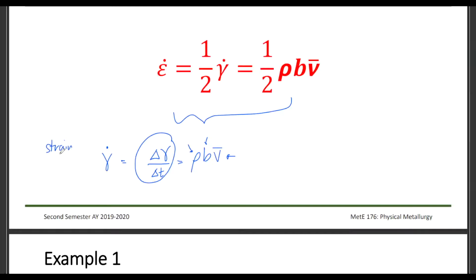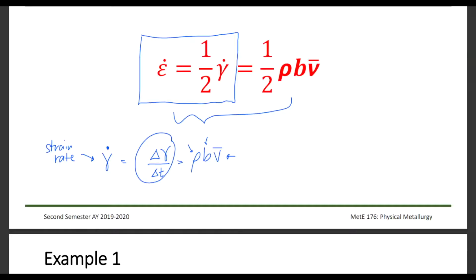This is your strain rate. It is represented by this strain value with a dot on top, no? This means that it is a rate. Now, it can be approximated that the lateral strain experienced by the material is only half of the shear strain that it is experiencing, no? And this is